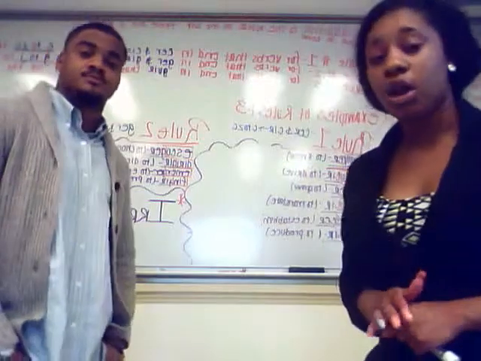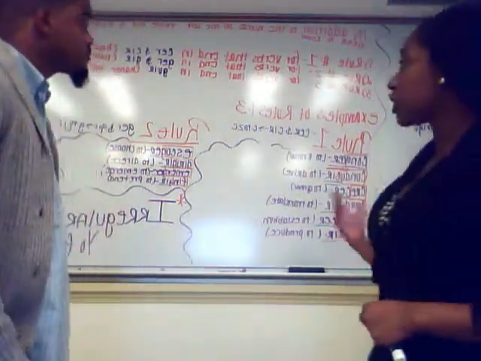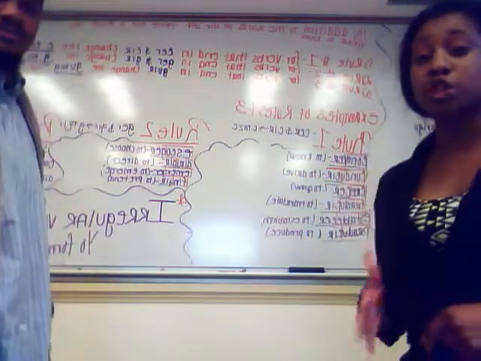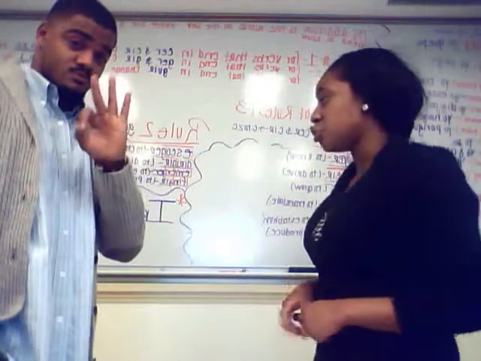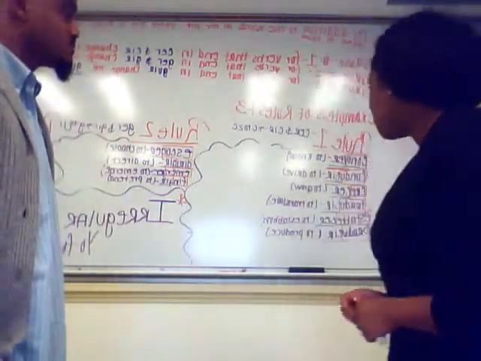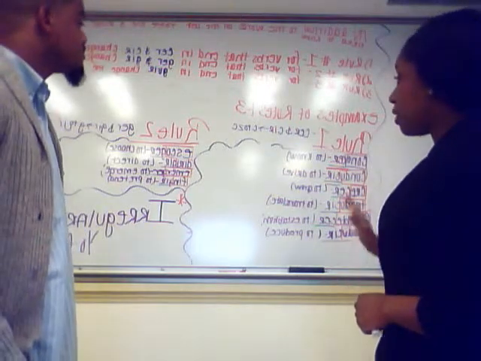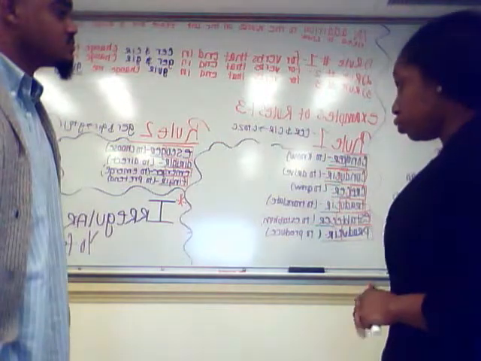Alrighty. And to go along with that, in addition, for the words on the left hand side, there are 3 rules that you must know and that you have to follow in order to be able to do your irregular verbs in the first person yo form. Now, here are some examples that I'm also going to go over as well. But first, let's get started with our rules to know.